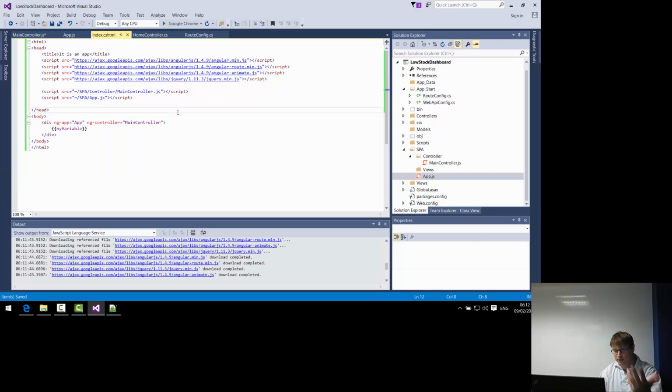Okay, so we can go and run this at the moment. And what I want to introduce straight away is AngularJS binding through the scope. As you can see, in my AngularJS application, I've got a controller, main controller, and it's got those curly brackets and my variable. This is the way we do binding in AngularJS. So what it's going to do is go to our main controller, into the scope, and render this my variable with what was actually declared in the scope